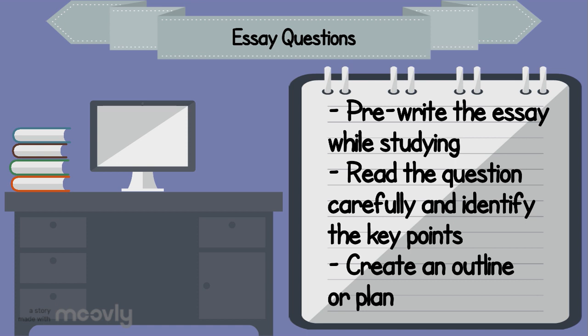Once you get to the test, read the question carefully to make sure you have a clear understanding of what it's asking. Again, you should underline the important points in the question. Once you've done this, give yourself a couple of minutes to create an outline or plan for the essay. This can even be just a topic and a few bullet points about what you want to discuss. Having a plan will help you move through your answer more quickly and effectively while ensuring that your thought process